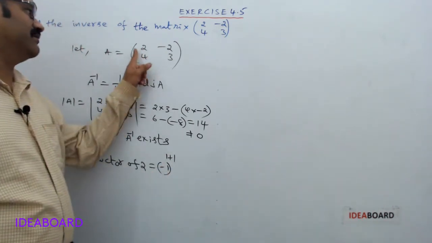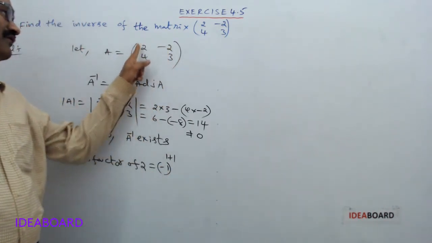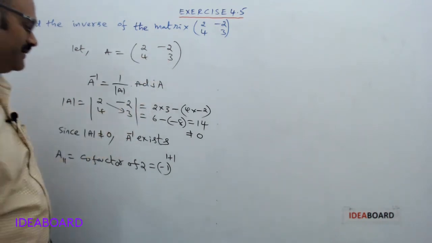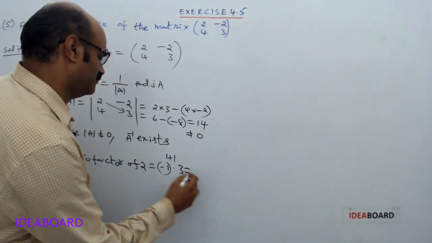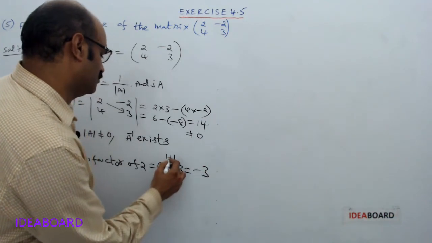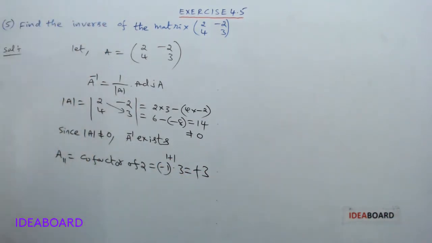The element 2 lies in first row and first column, so the minor of 2 is 3. So equal to minus 1 whole power 2, plus 3. Next A12